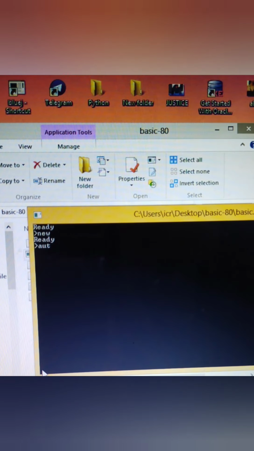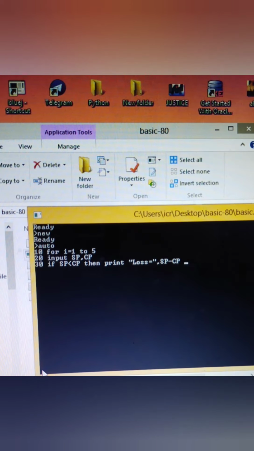New, and we'll be running a for loop for I is equal to, I'll be running for 5 times because it will be a lengthy program till 20 running on the screen. So I'll be saying input selling price and cost price, and I'll be checking if selling price is less than the cost price, then print loss is equal to selling price minus cost price.